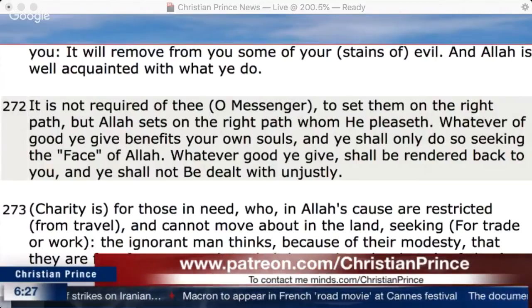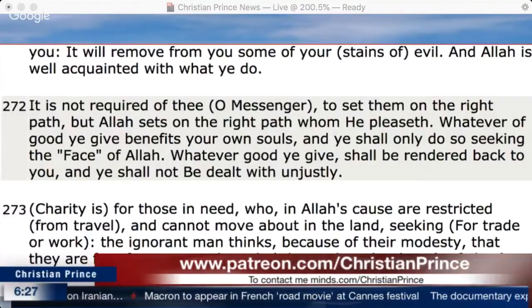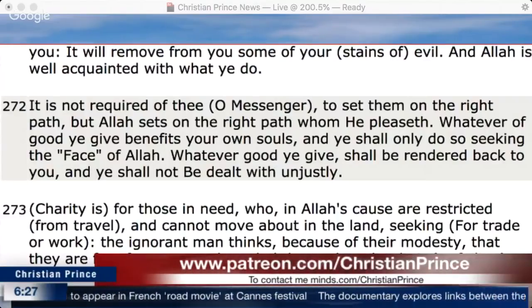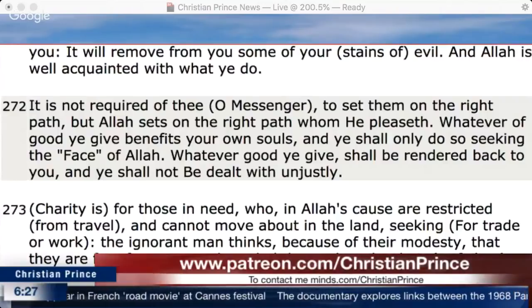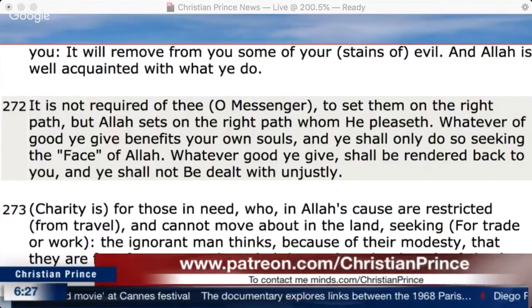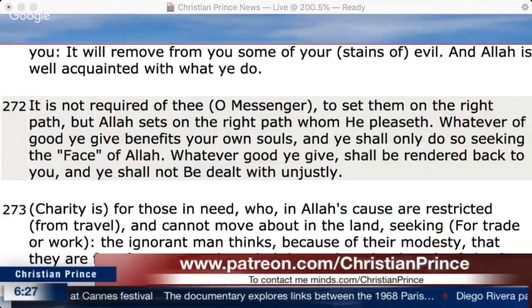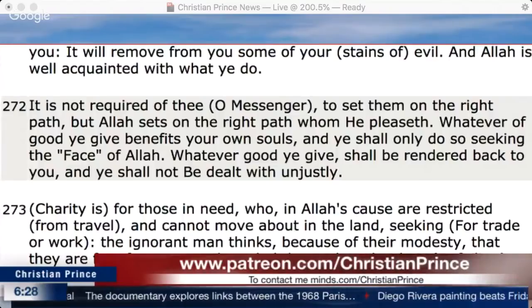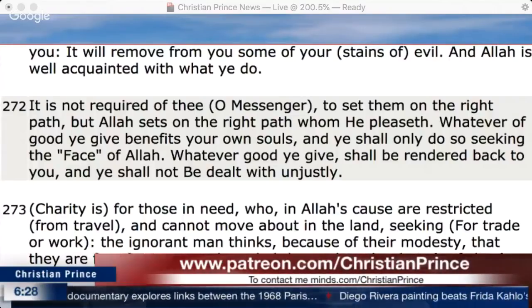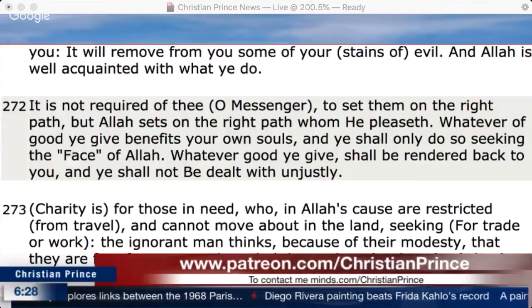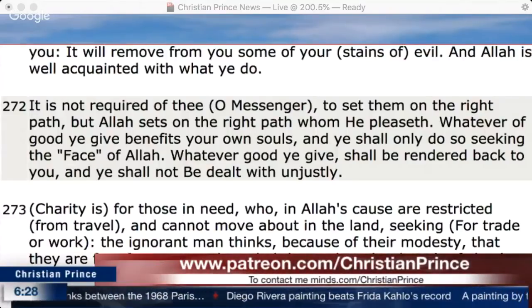Allah also says somewhere in the Quran that if I knew any good in them, I would have guided them. Yeah, but this is a contradiction with Allah, because Allah is the one who knows. Allah doesn't know any good in them? Allah is the one who decides for us any good and any bad anyway. I mean, he is the one who wrote for us before he created us if we are going to be bad or good. This is what destiny is about. So what does he mean, if he knew they have good, he will guide them, when he is the one who wrote the good and the bad of them?